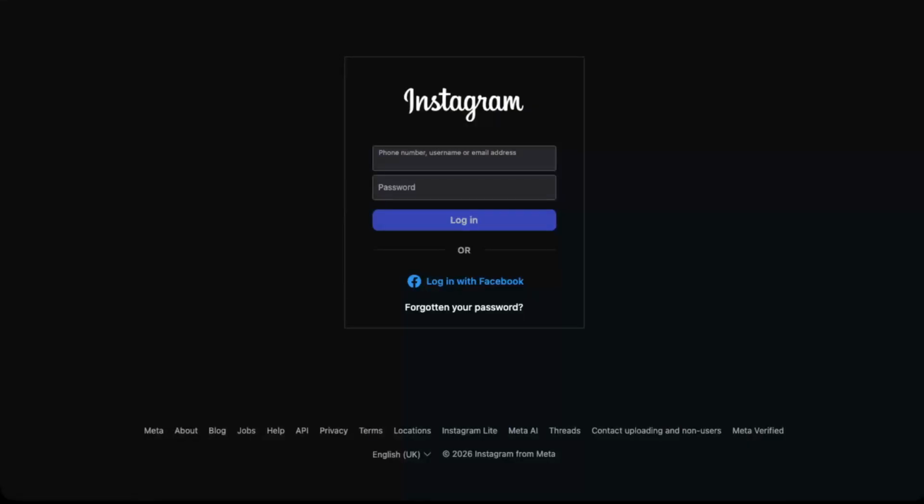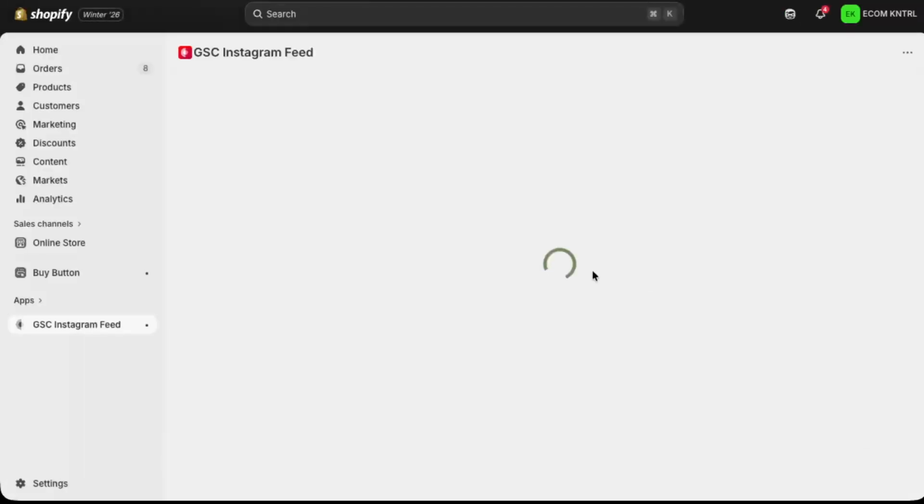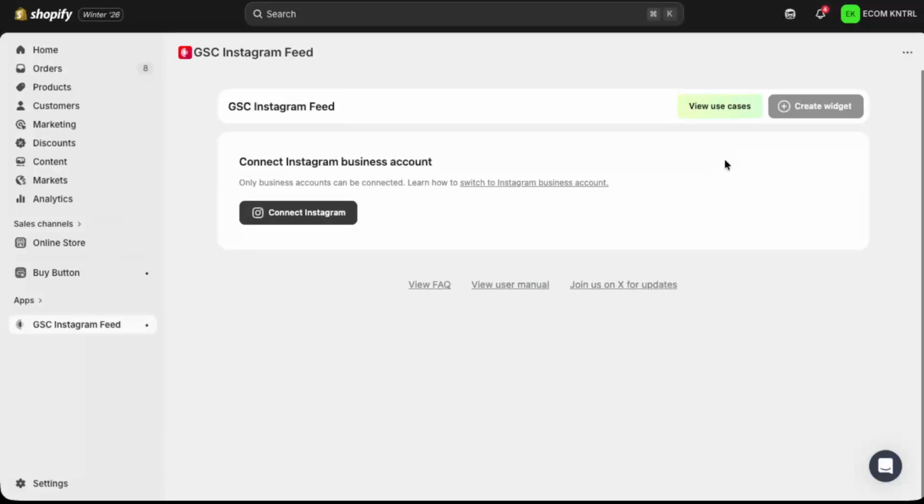After your Instagram business account is connected, the app will allow you to create a widget. This widget is what actually pulls your Instagram posts into your Shopify theme. Follow the on-screen instructions in the app to choose your layout and style. Once you save and enable the widget, your Instagram feed will start displaying on your store. The app handles the syncing for you, so new posts automatically